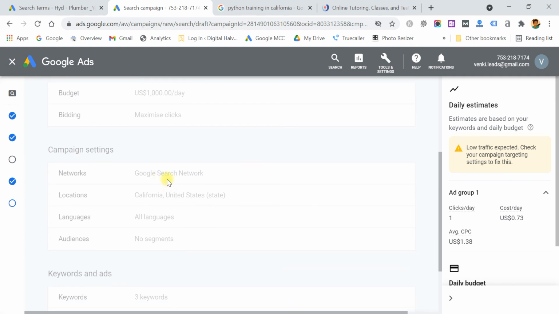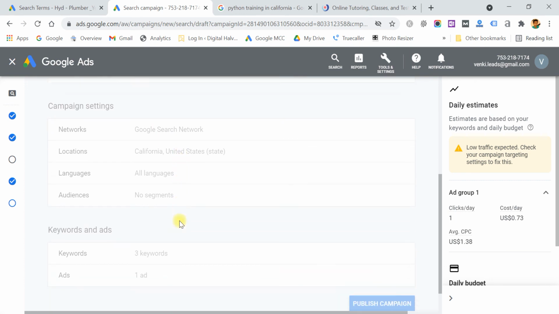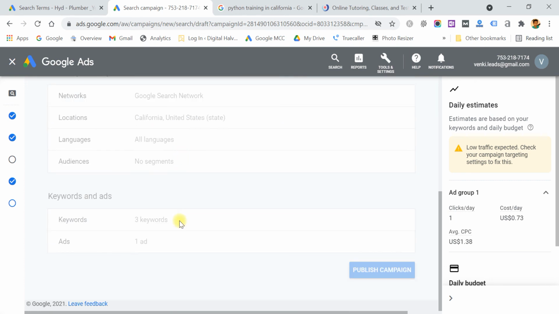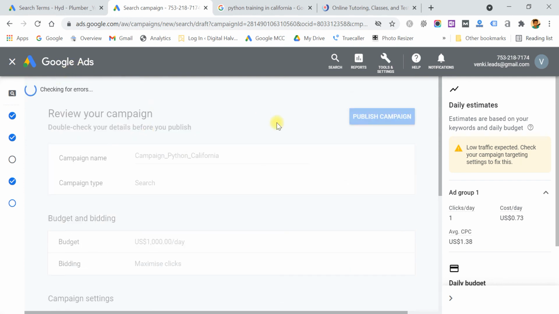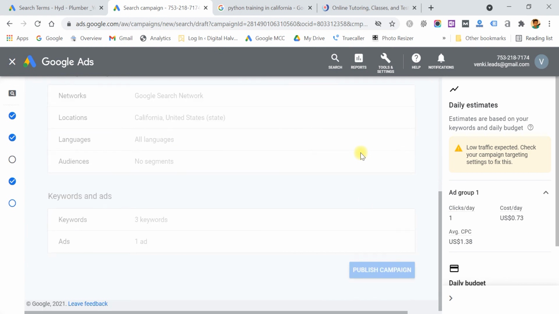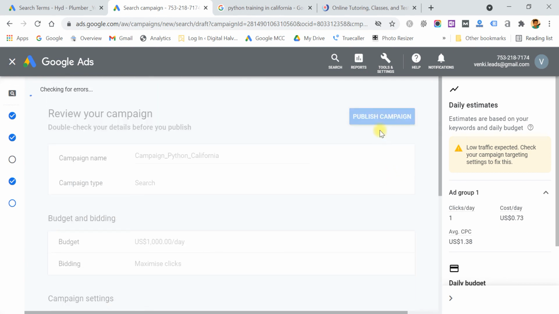After that, we are targeting only California with all languages, and for sample we gave 3 keywords and we made 1 ad. Once checking is done, it will display publish campaign on the top and bottom. We can click anywhere to publish our campaign.